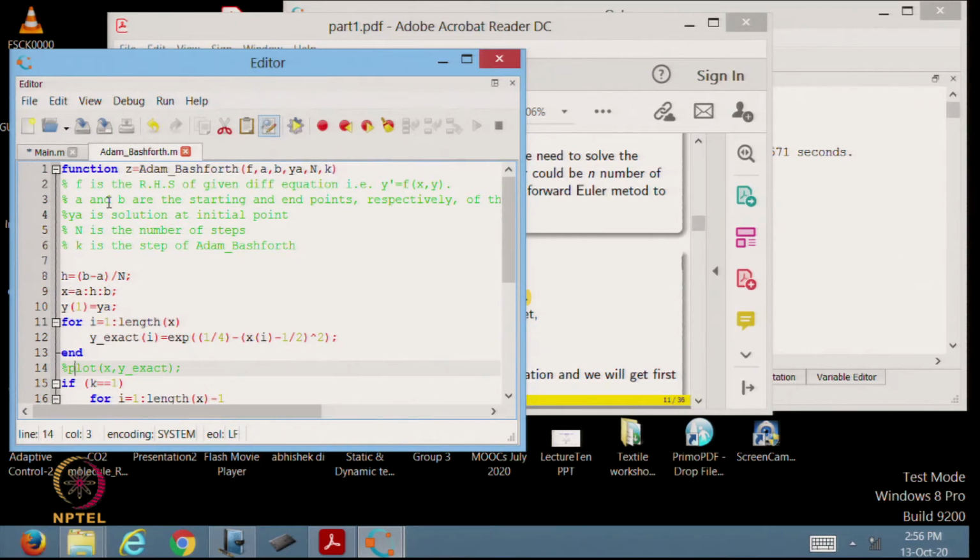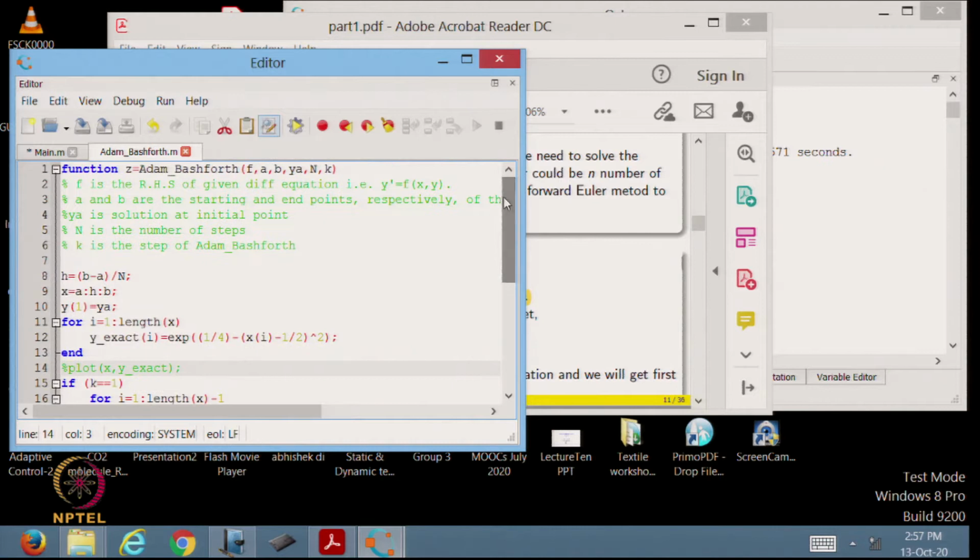Here again I have commented each thing: f is the right hand side of a given differential equation, a and b are the starting and end points, y is the solution at the initial point, n is the number of steps, and k is the step of Adam-Bashforth. So here I am explaining the meaning of each argument which we are passing through Adam-Bashforth in the main